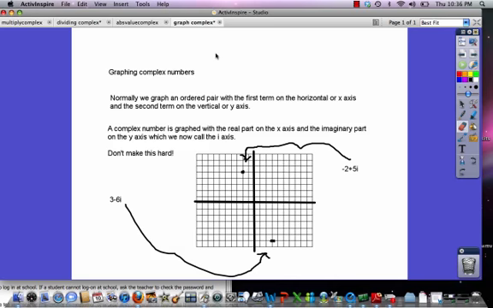Good morning, students. Today we're going to talk about graphing complex numbers. And we're going to graph complex numbers just like we would graph an ordered pair. All right, we're going to take a simple complex number like 2 plus 3i,